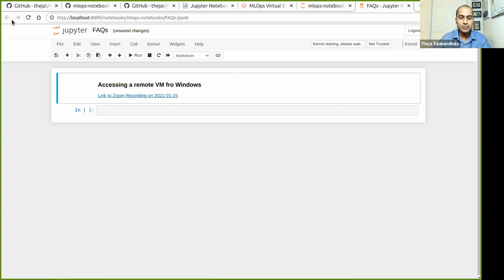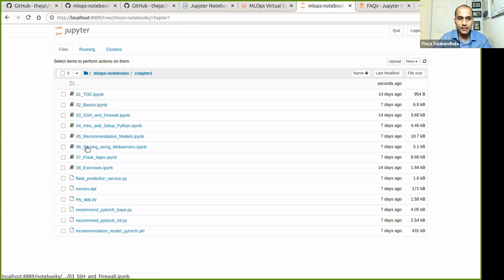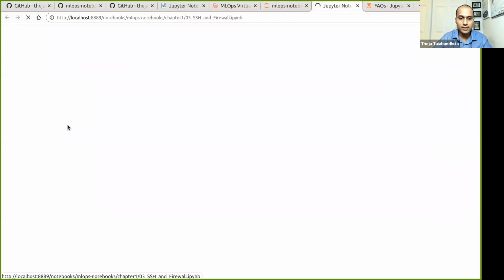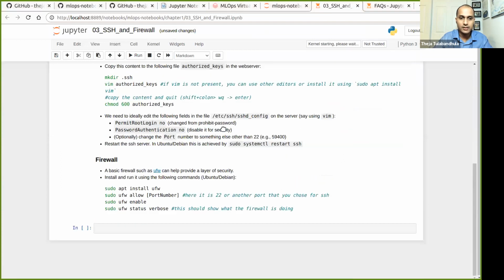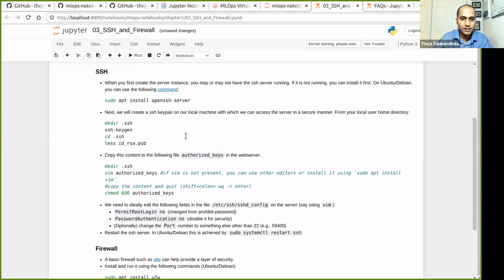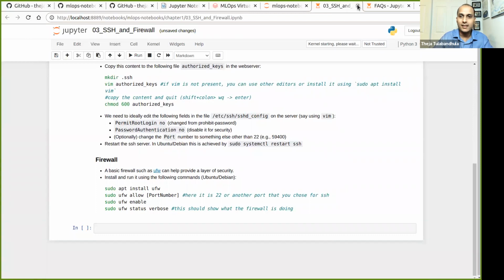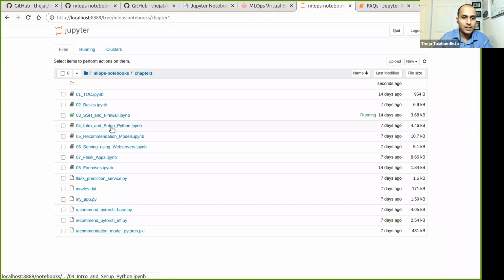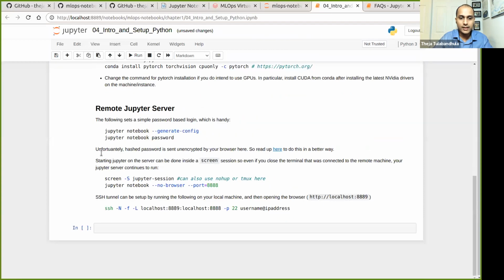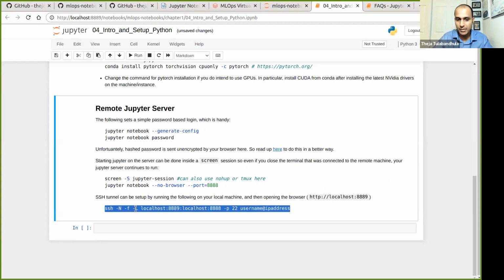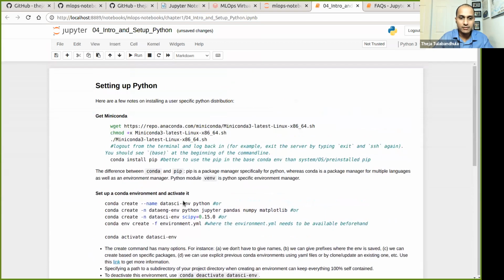You can go back and see chapter 1 to see what command it is in the SSH and firewall section. So as long as you can run these commands, right? The last one, which is SSH, for example, if you already have the PEM file, you just need to add a -i PEM file here. And if you can run this, then it's good. And you can directly SSH into the machine itself, which is what the previous thing that I opened showed.